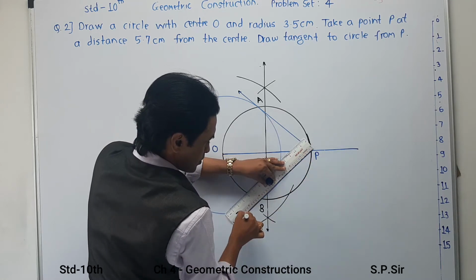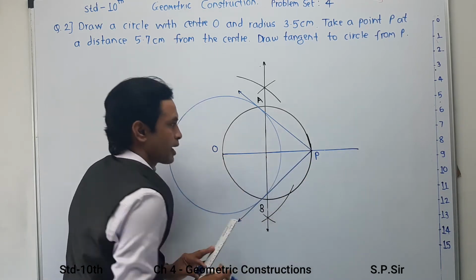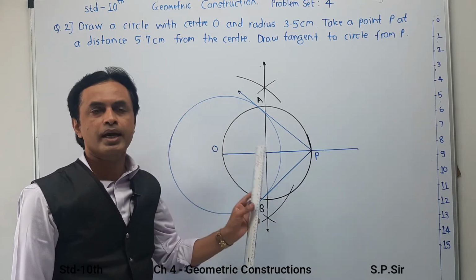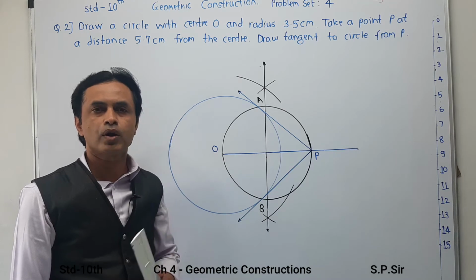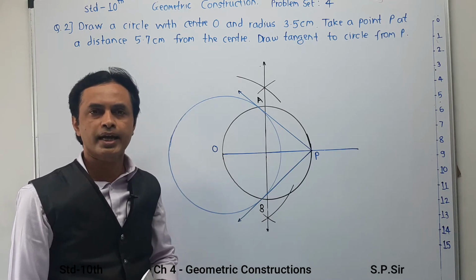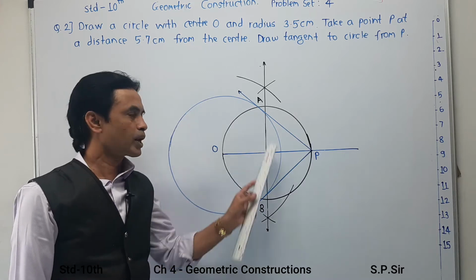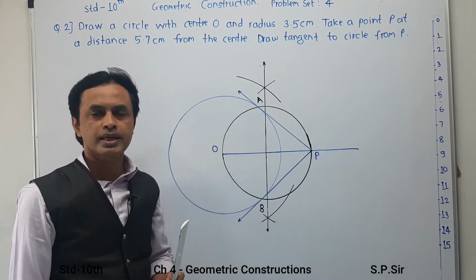And in this way we have drawn the construction. Remember, I am using a blue marker and black marker, but in an examination or in a notebook, you are going to draw the entire diagram with a simple normal black pencil, and do not repeat or overlap lines. Draw with a simple sketch.